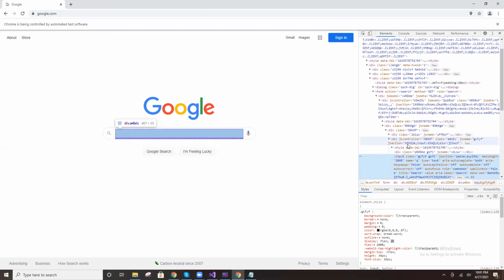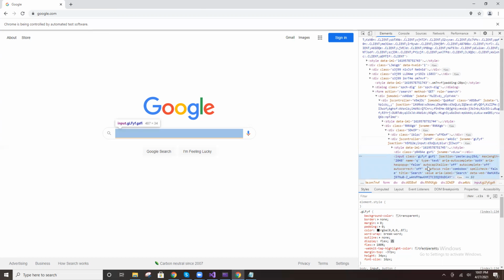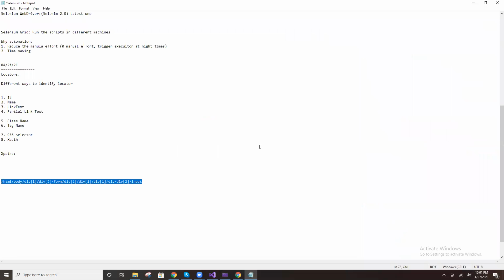Right click here and copy, then copy XPath. This XPath is given by the Chrome tool, not written by you. You don't write anything as of now, you just copy and paste the XPath. This is one type of XPath.